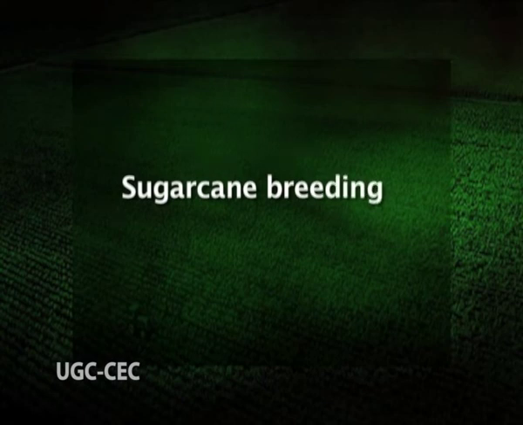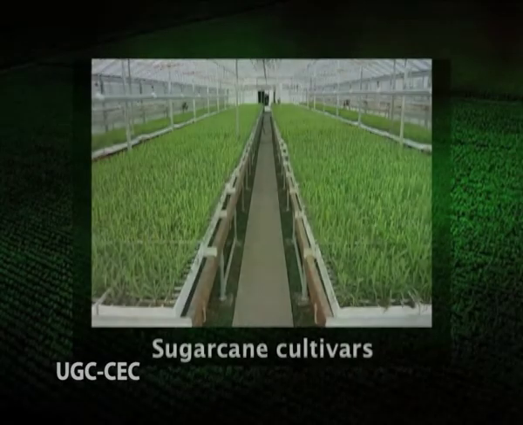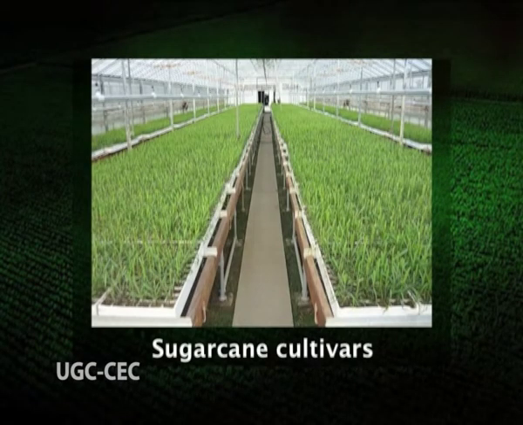Sugarcane breeding. Breeding is a process of evolving new genotypes which are superior over the existing ones for a set of different traits of sugarcane. Modern sugarcane cultivars are the products of crosses between species of genus Saccharum that were made by breeders in late